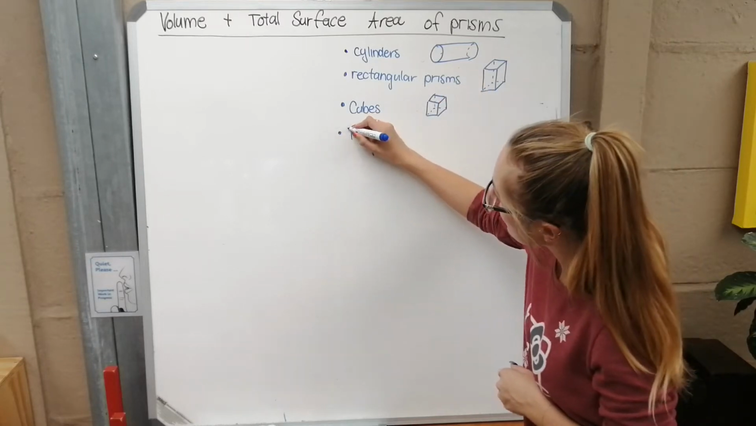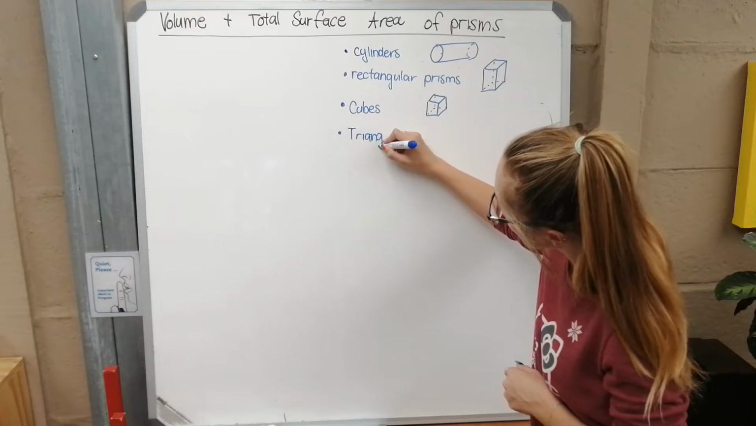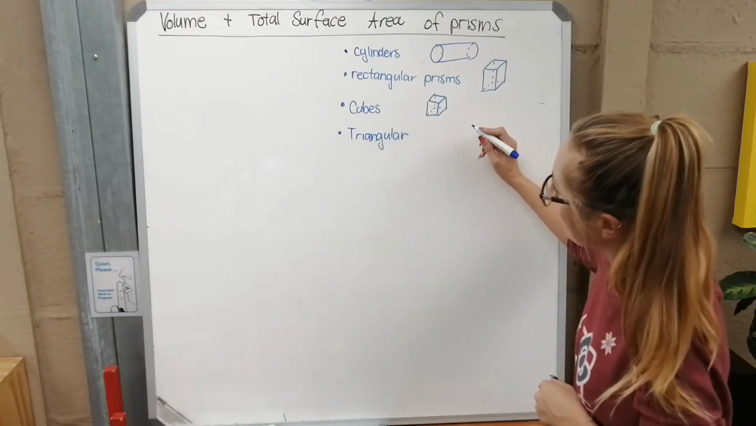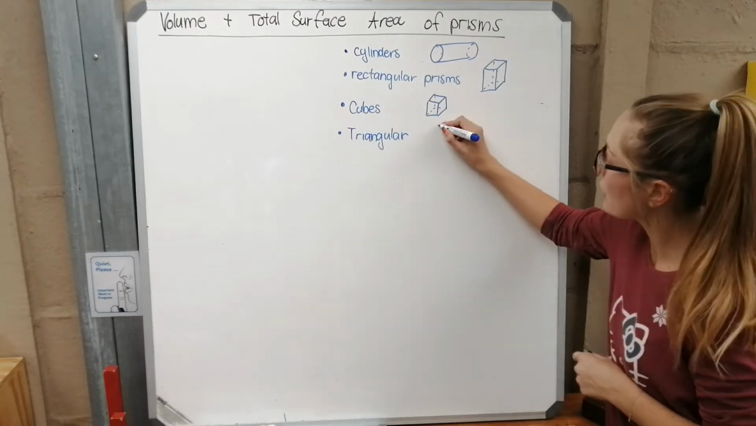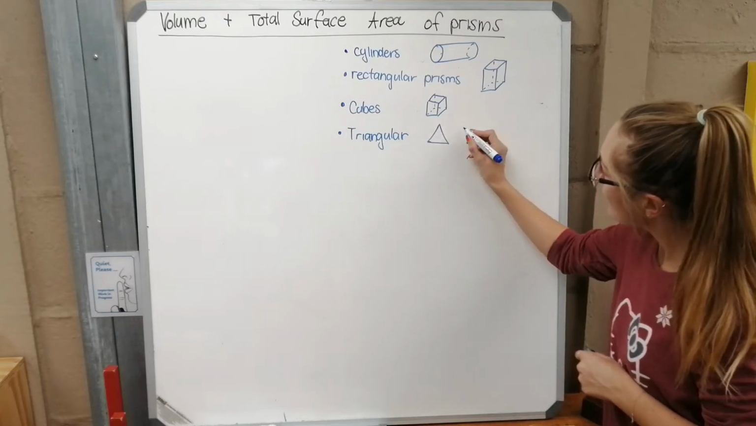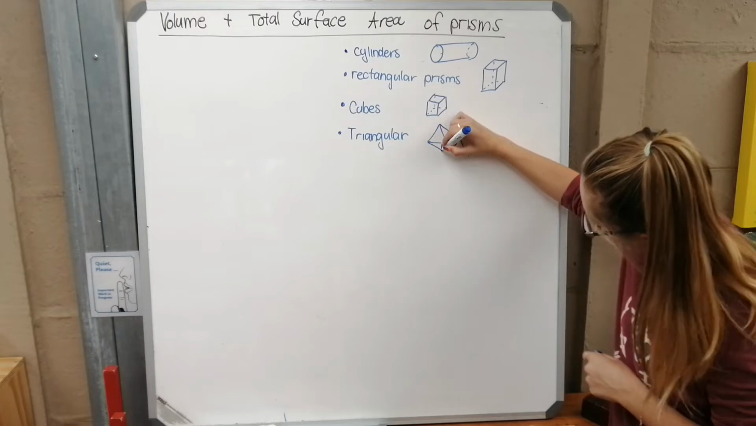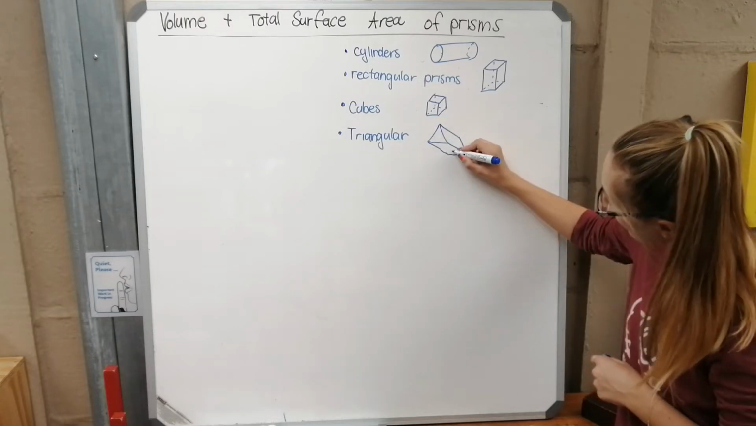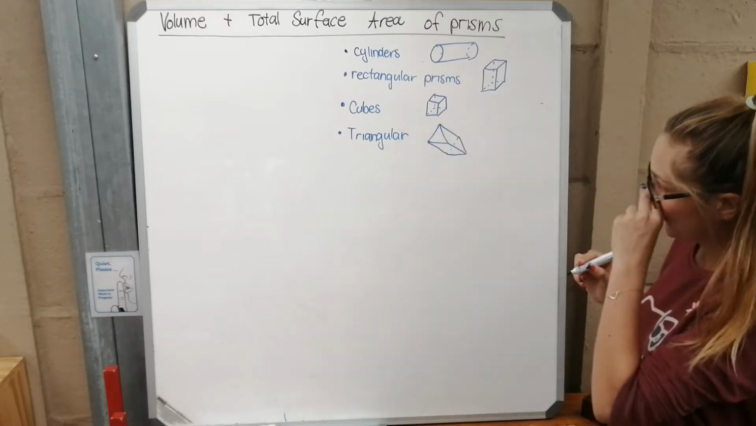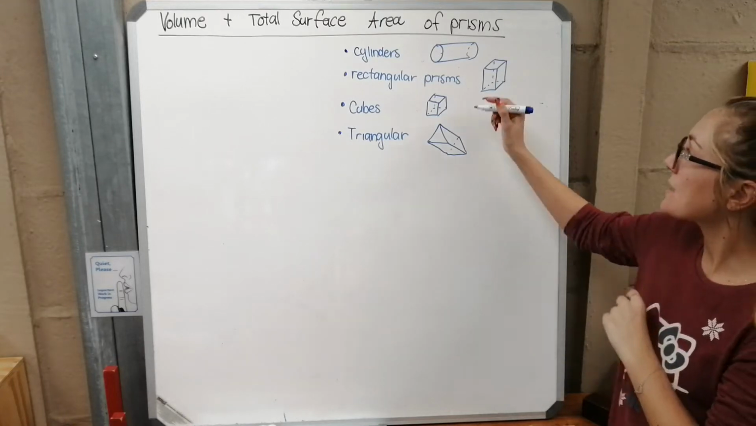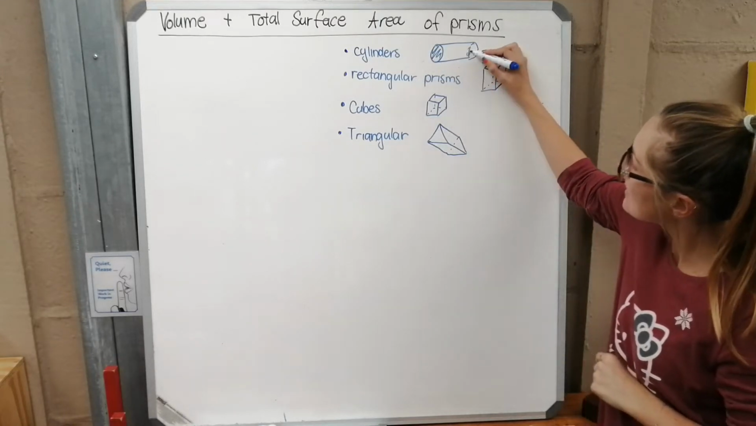And then the last one is a triangular prism. And that's something like a Toblerone box. So it's where you've got a triangle at the front. I'll try my best to draw this nicely. And a triangle at the back as well. Okay, so it's when you've got a 3D object that has the same face at the front as well as